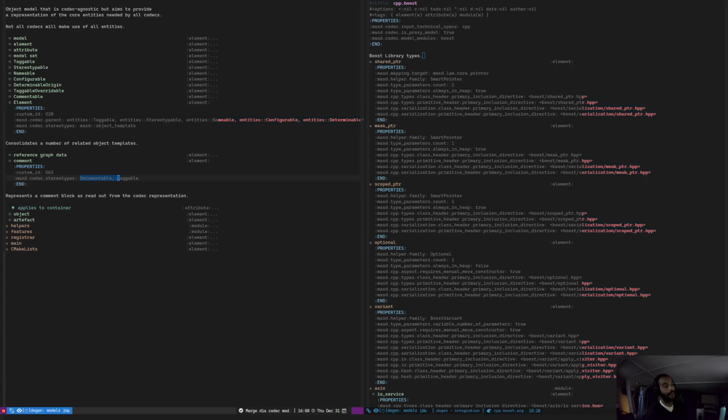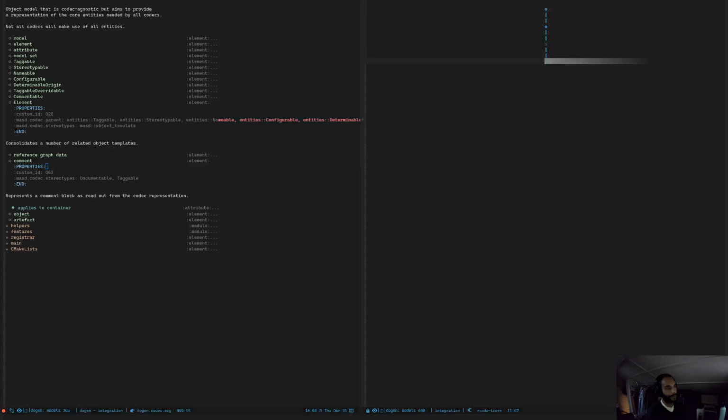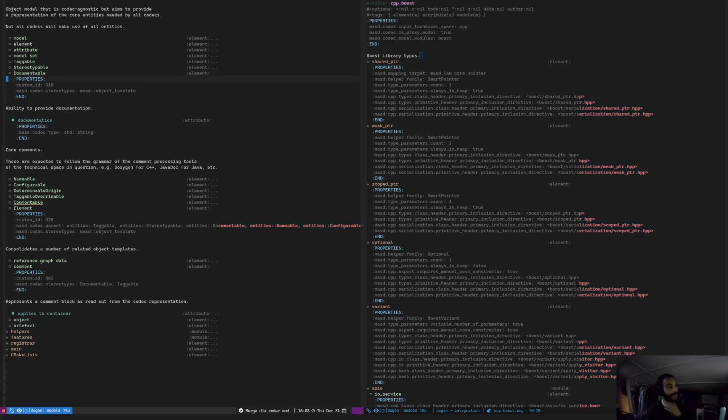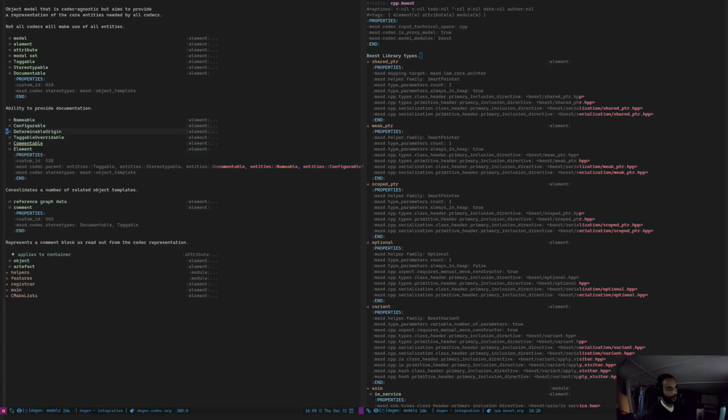Interesting. Comment itself is making use of documentable. Okay, right, it's not quite what you'd expect. Let's just go back. So we don't really want to have this sort of recursive relationships going on here. So let's just say that we have documentation, and documentation will go over to